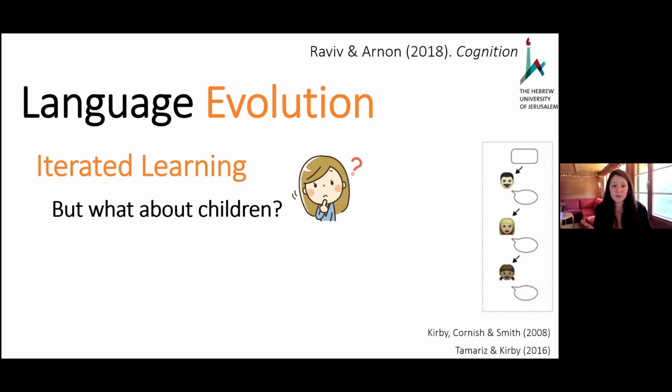And if this is true, then the findings from these iterated learning studies are not so interesting because they're not evidence for the underlying process that's responsible for the evolution of language, but rather just the result of already having a language and already mastering a language. So I thought it was really crucial to test this paradigm with children, who are indeed the main language learners in the real world, and they have much less explicit knowledge of the grammar of their language.